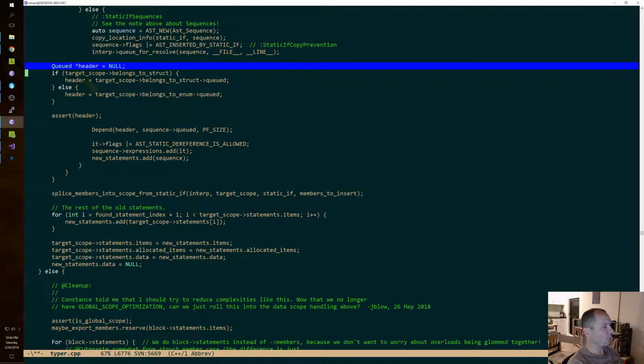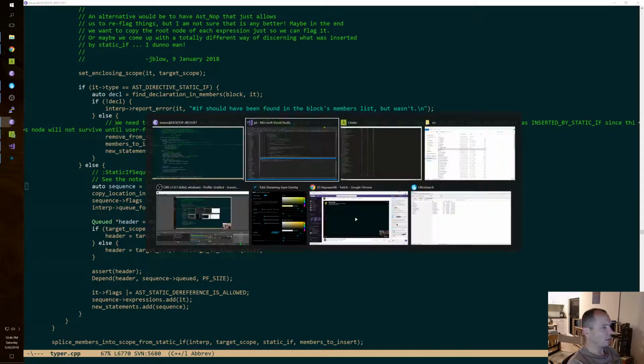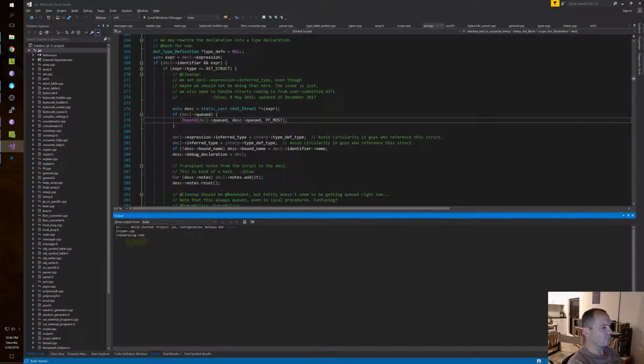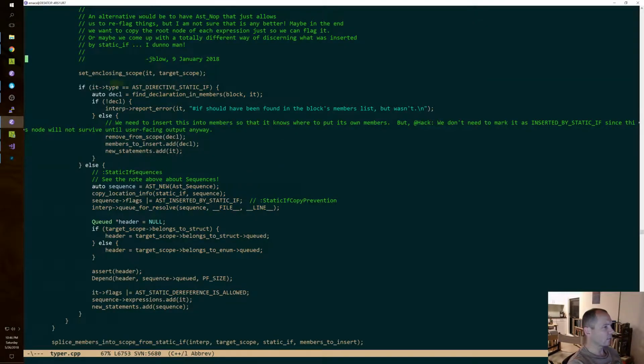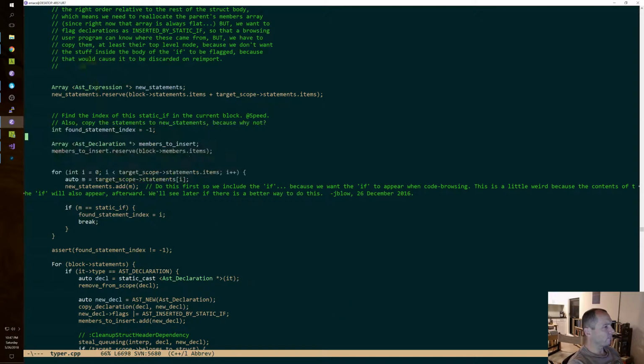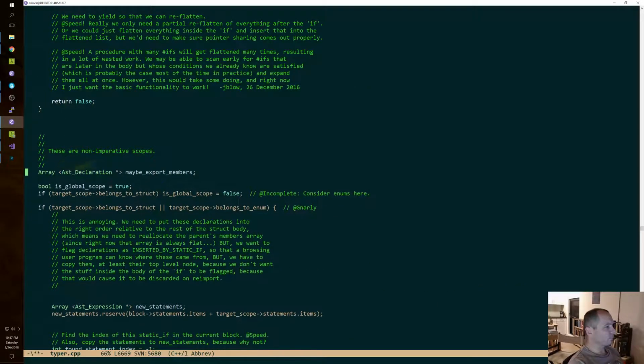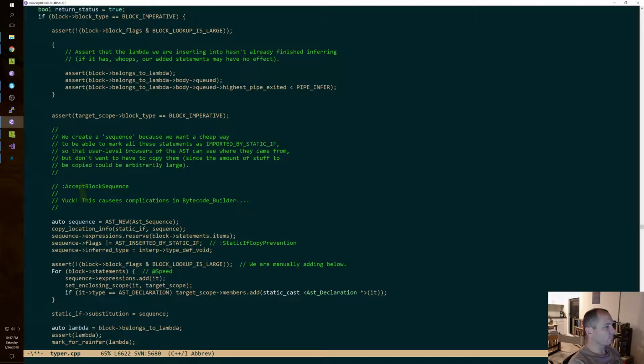So let's first of all migrate this complexity down to the place where it needs to be. Let's compile that. Okay. Causes.